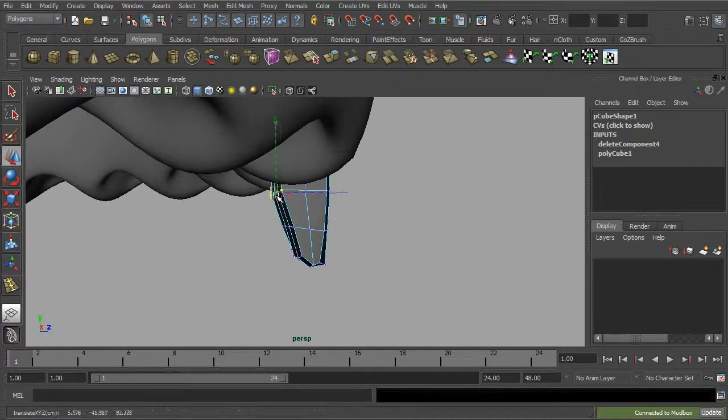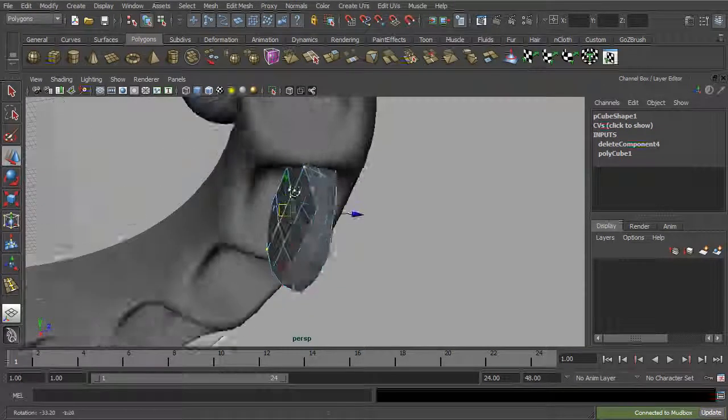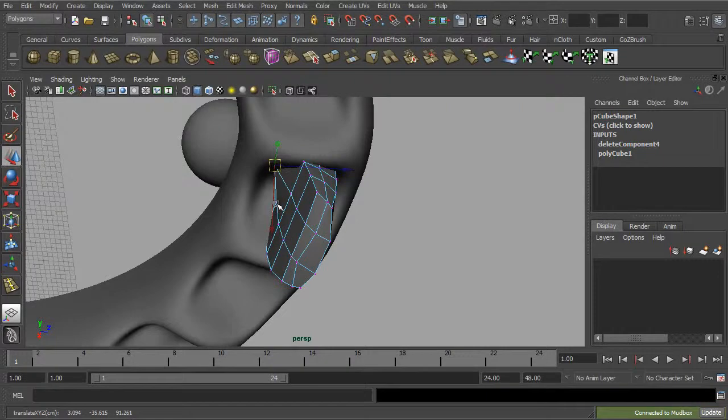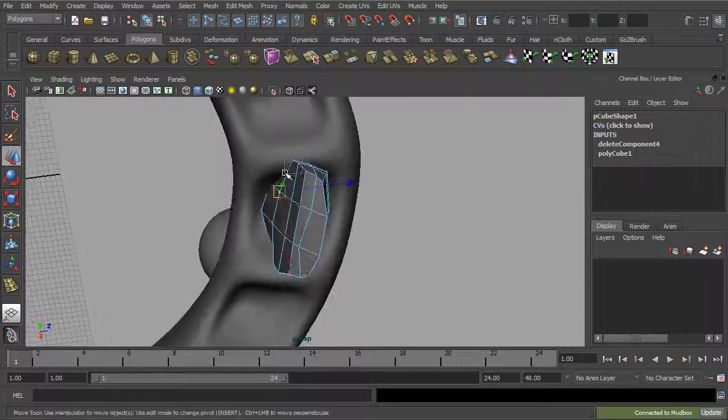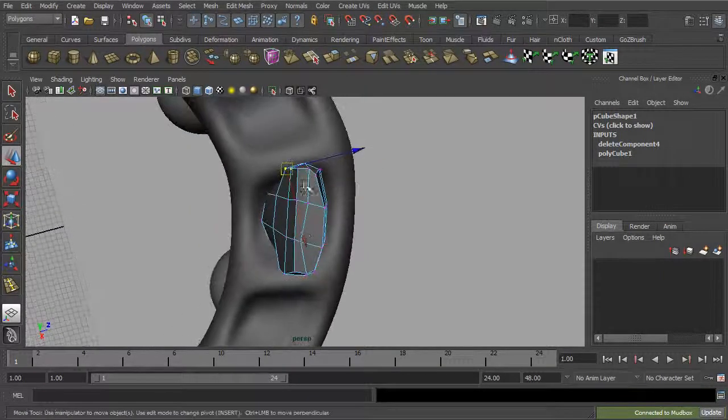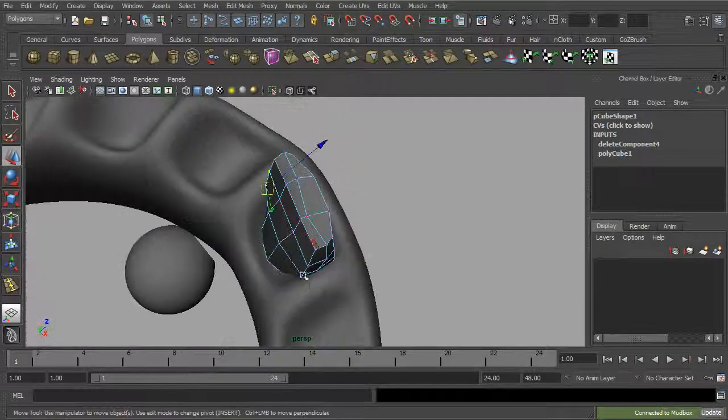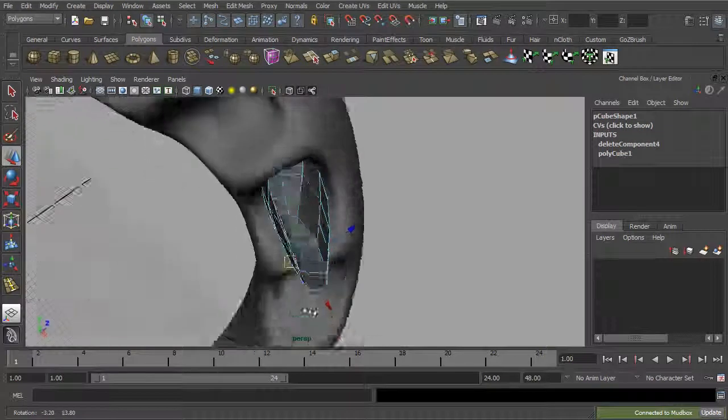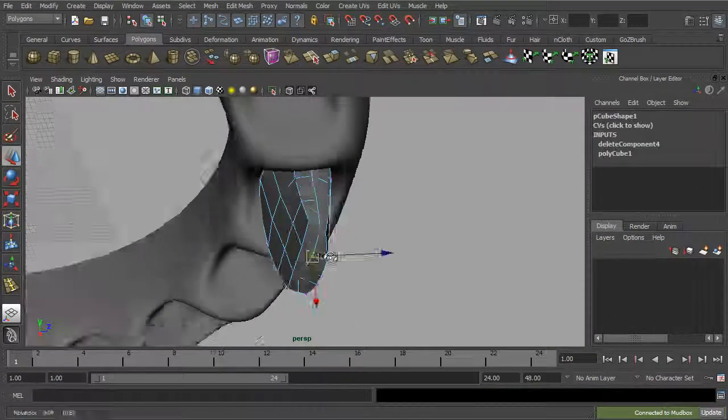You can spend as much time or as little time as you want on the teeth. We're not really going to see them too much, but we do want to have that geometry back there. So I'm just going to spend a little bit more time shaping these. Just round it off a little bit. Maybe this point down here we'll bring in just so we fill up that gap a little bit more. Again, we're not going to see it too much,